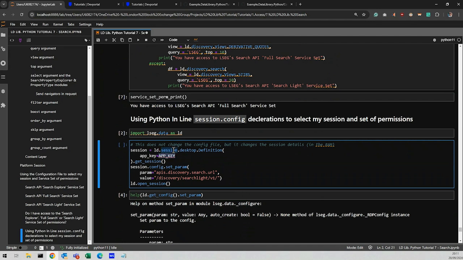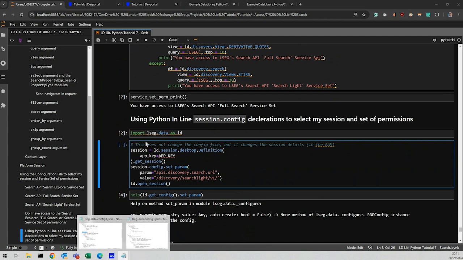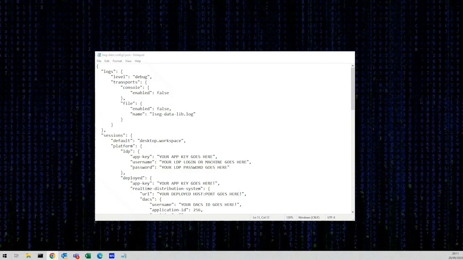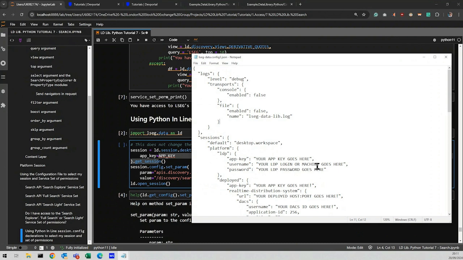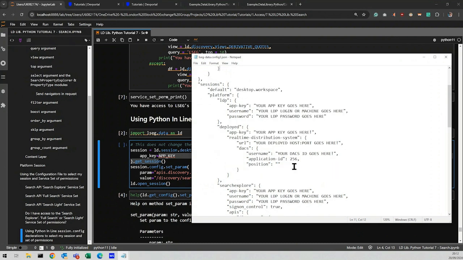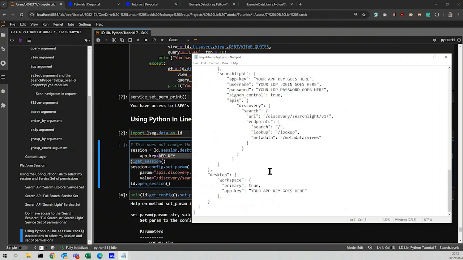You can define your session. Here, you can create a session object in Python with the LD session desktop definition function, and then you can get your session and set the parameters for that function. And that's what I'm doing right here. So instead of having my parameters and values defined inside of my configuration file, which you can find right there, you go. If I was to scroll down far enough, I can see my